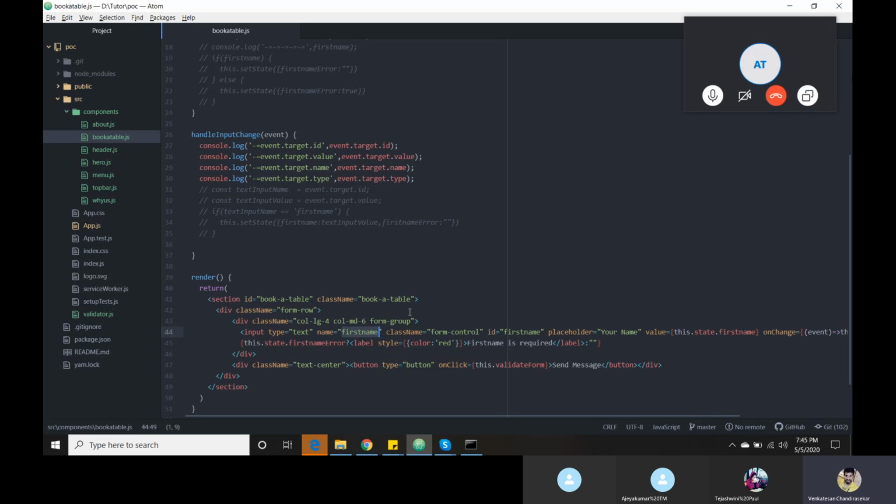I have different fields and different names. For first name I have set the name as first name, for email I have email, phone number. If you use the same name for every parameter, then you will probably get an issue. I won't do it like that, so I took only two values. One is name, another one is value.